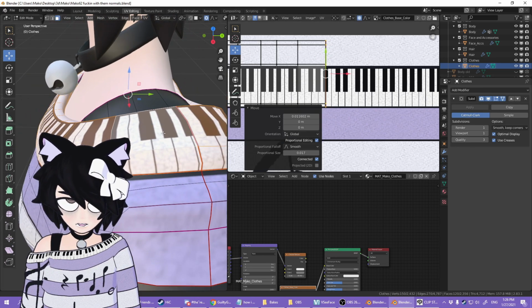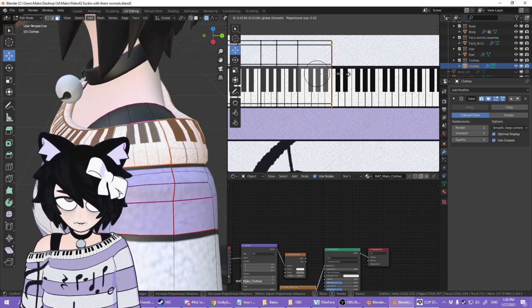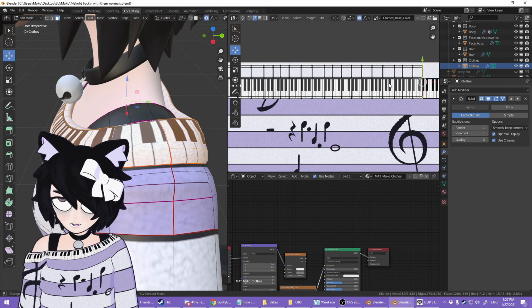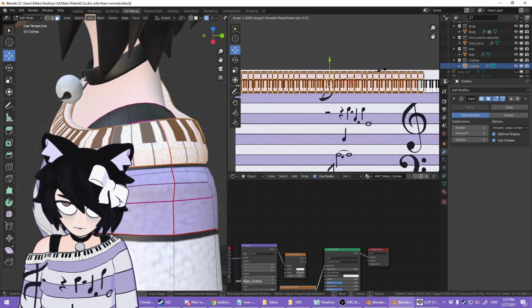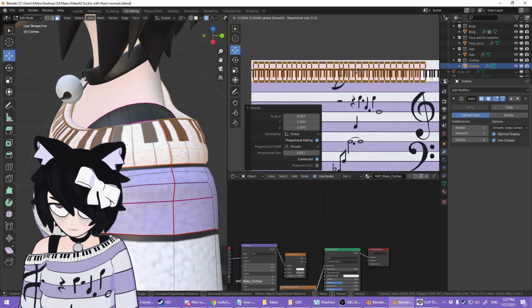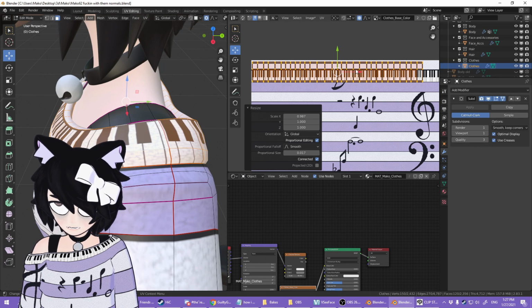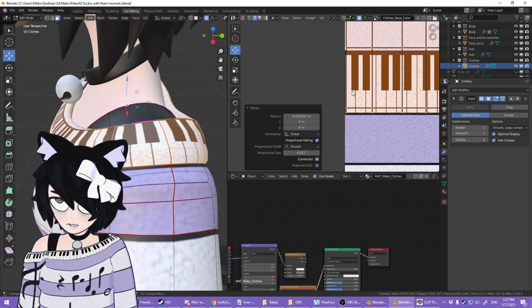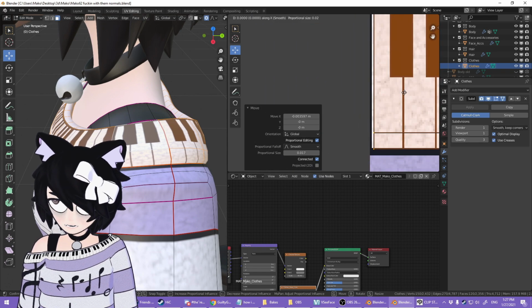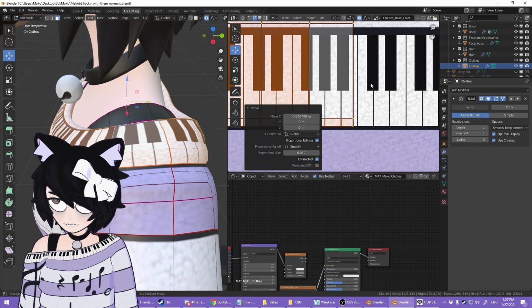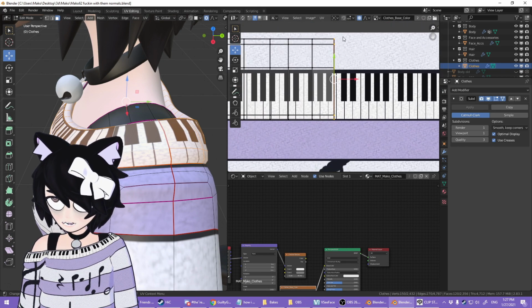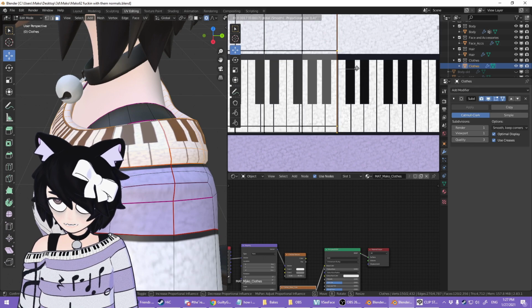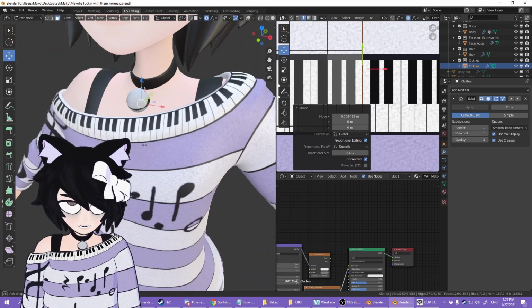However, you can see it's only moving this one part of it. So we don't want that to be super tiny or super long or whatever. If I remember correctly, I believe I just ended up scaling it along the X, looking at the right edge and the left edge here, making sure that this right edge is roughly around the in between of the B and C. Press G and then X to move this to the left on the X a little bit. And this is close enough, so I'm just going to grab this, make sure proportional editing's on, move this a little bit. Scroll that up so that we get some more influence, and there you go.